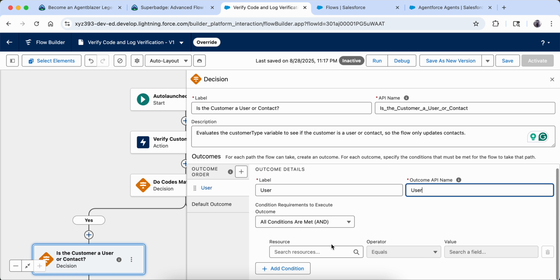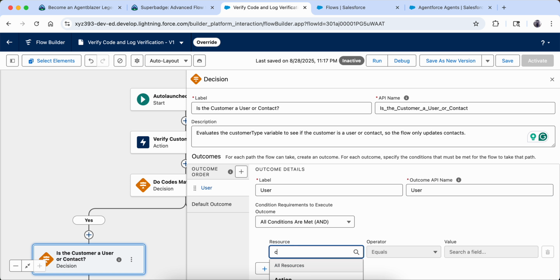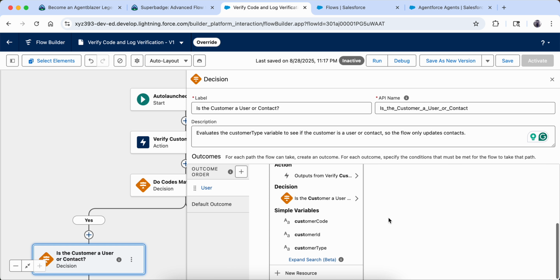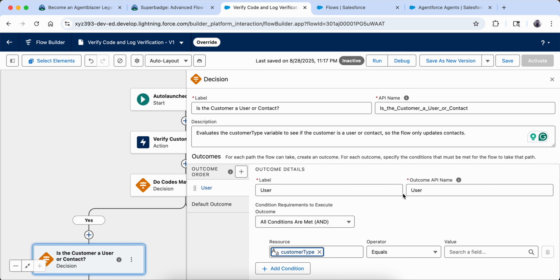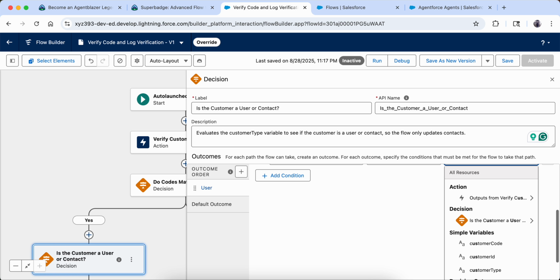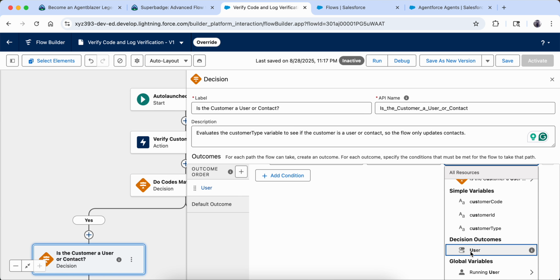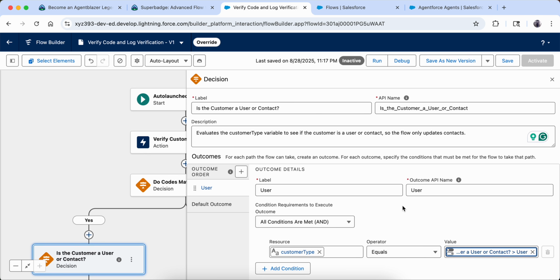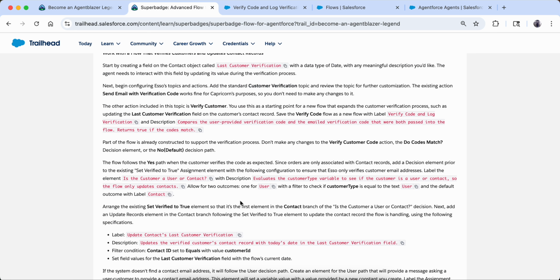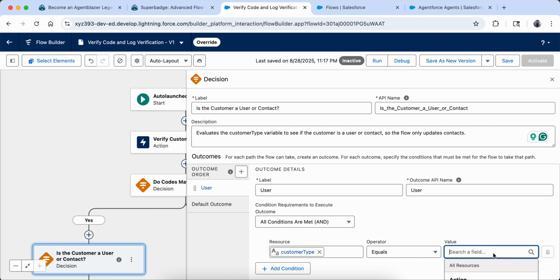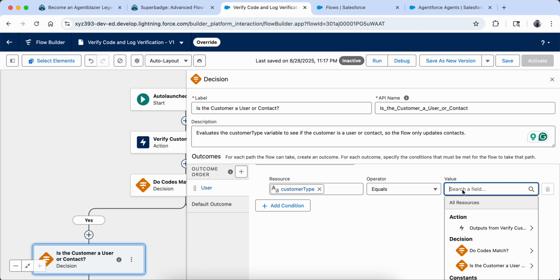One is for the user, customer type equals to user, equals to the text. Oh, sorry. I have to give a text here.